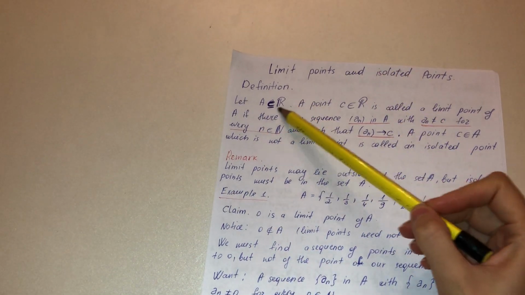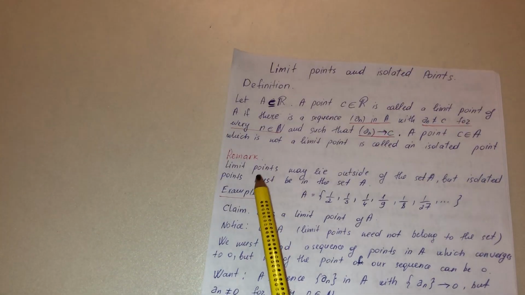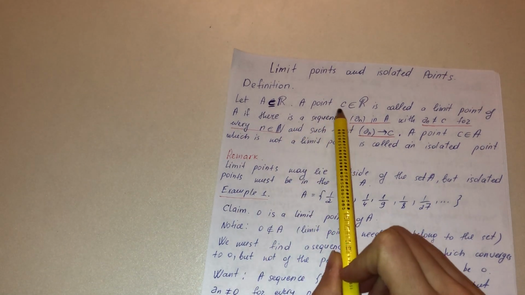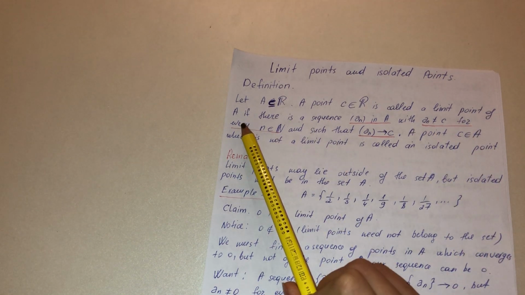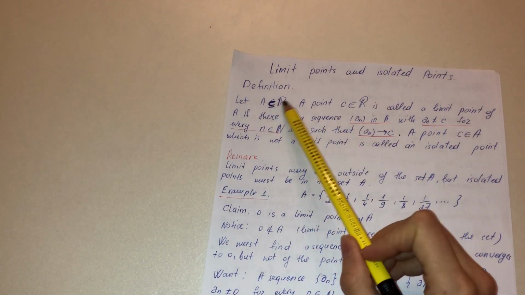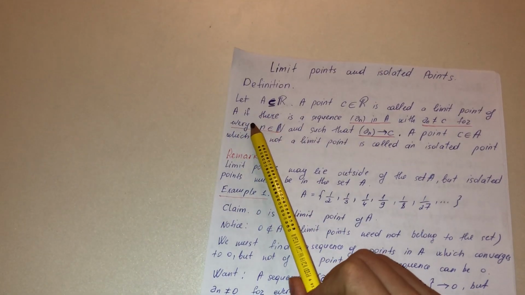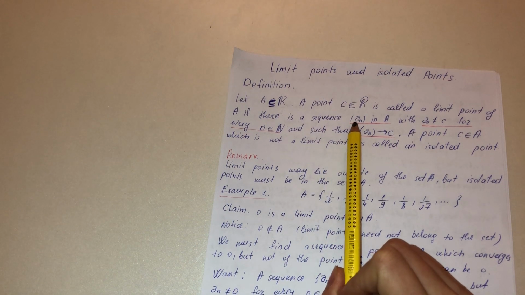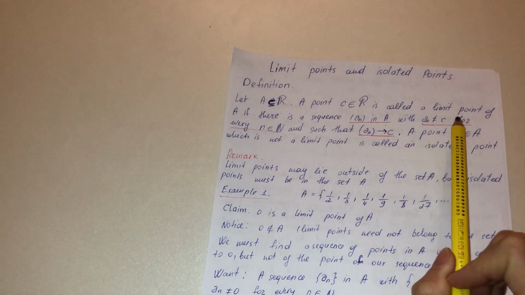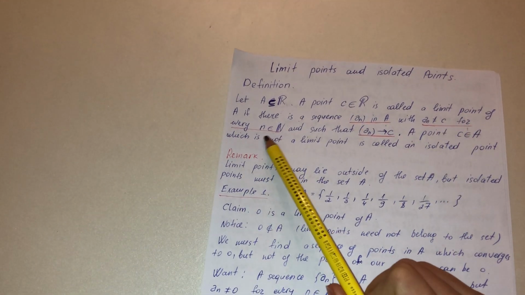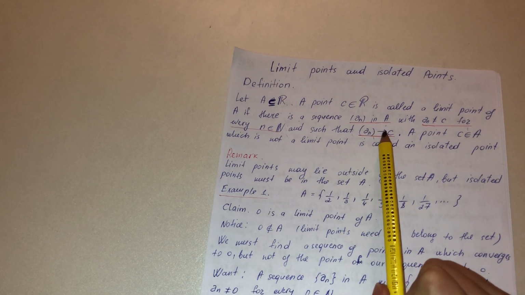Suppose we have a set, real number set, and A is a subset of real number set. A point C from R is called a limit point of A if there is a sequence δn in A with δn not equal to C for every n from N, and such that the sequence δn converges